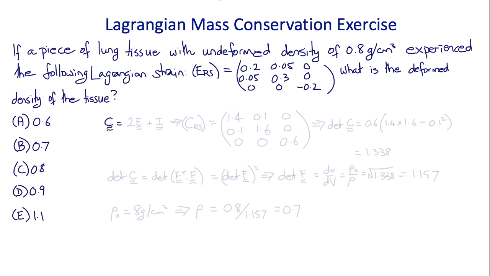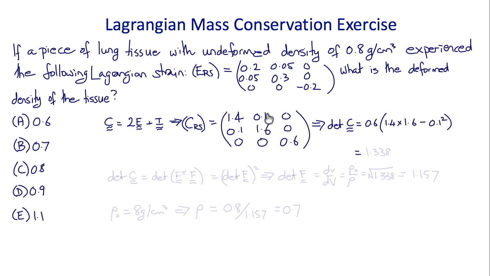To do this, we first need to calculate C, the right Cauchy-Green deformation tensor, from E, the Green's strain tensor. And using C equals 2E plus I, we get that the components of C are 1.4, 0.1, 0, 0.1, 1.6, 0, and 0, 0.6. That gives us that the determinant of C is 0.6 times the determinant of this block, which is 1.4 times 1.6 minus 0.1 squared, which is